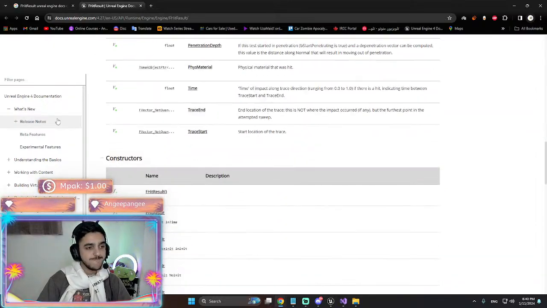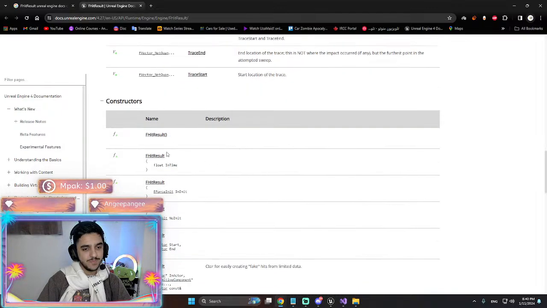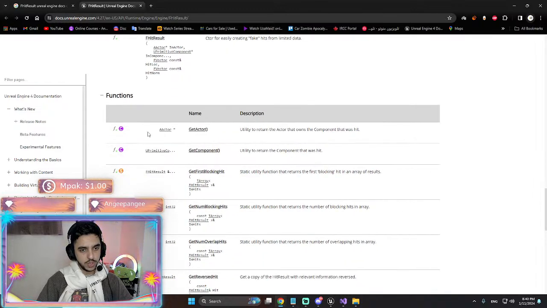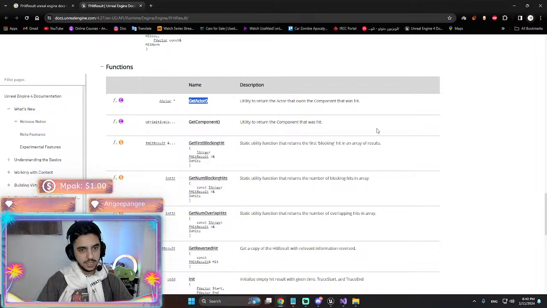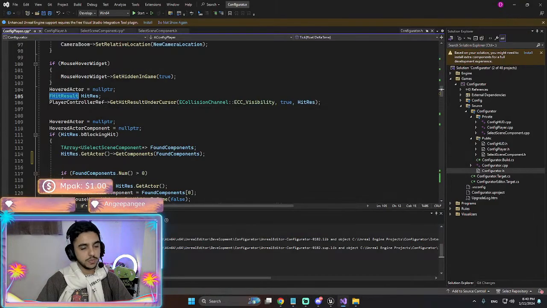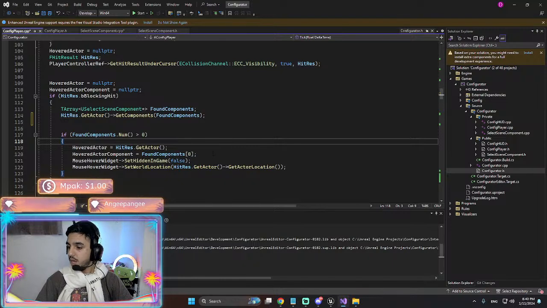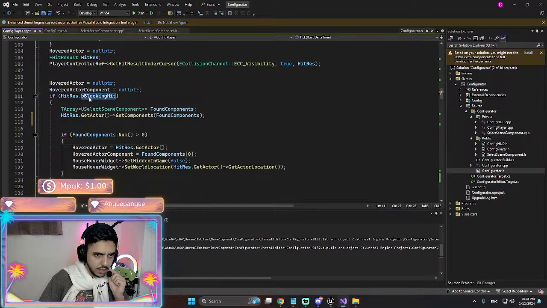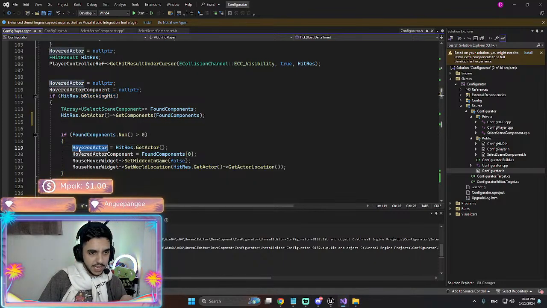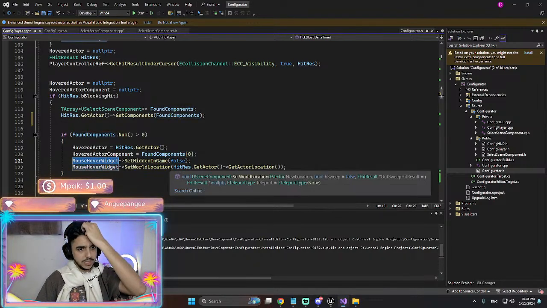Actor hit. These are the constructors and functions. Okay. We have a get actor function. I think that's exactly what I need. So yeah, if all these happened, if it had a blocking hit and we had hover actor component, set it in game, okay.